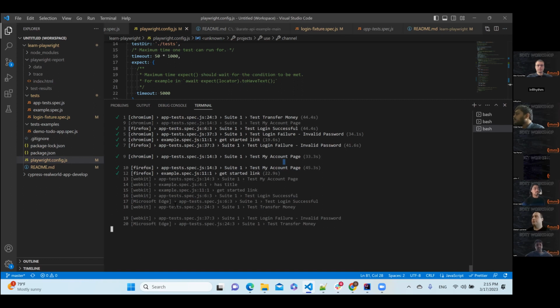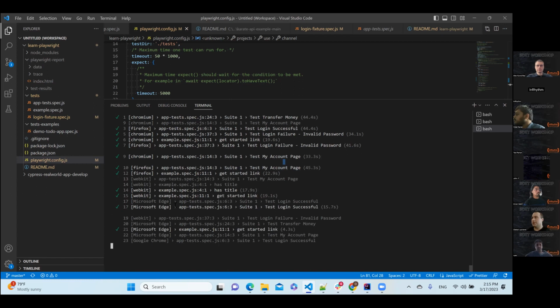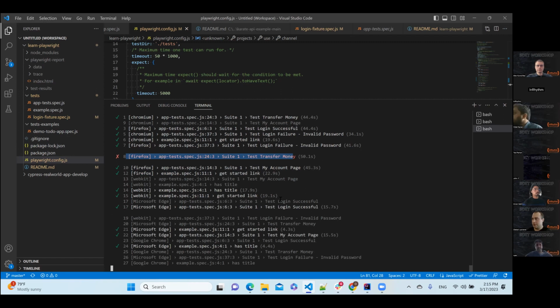But you need to think in advance that you need to add additional waits, additional expected results for loading the page, for loading different elements. Now you can see I have some issue in Firefox.